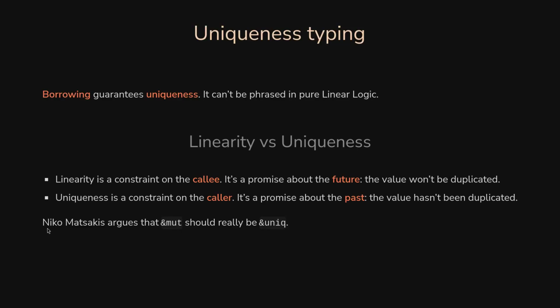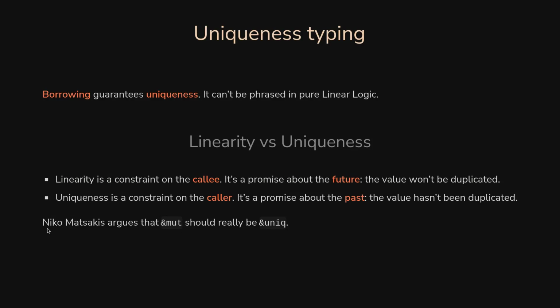And also, linearity is a promise about the future. In a linear type system, you don't know anything about what happens before. Maybe the thing has been duplicated 10 times once it arrives to you. So it's really a constraint on the code. Uniqueness is the reverse. If you take a mutable borrow as a function argument, you have no constraints. Actually, you can do a lot of things. You can split it. You can make another mutable borrow. However, the person calling you has a constraint. They must guarantee that what they give you is unique. So, for example, they cannot call you if they have only an immutable borrow to something. So it's a constraint on the caller, and it's a promise about the past.